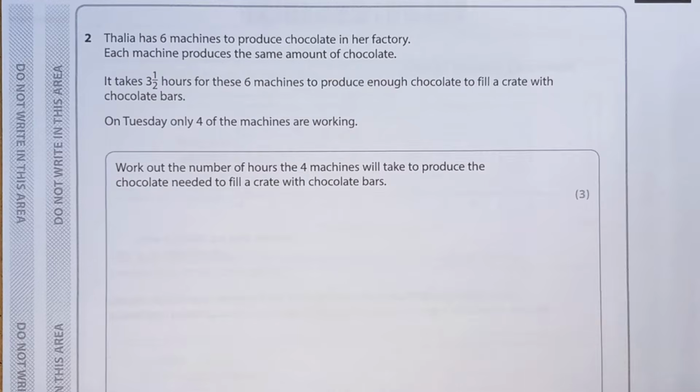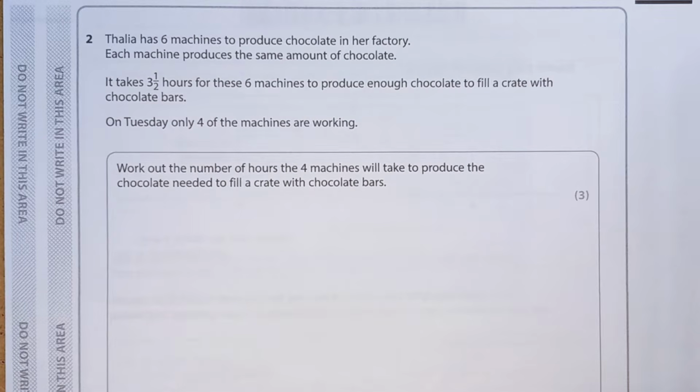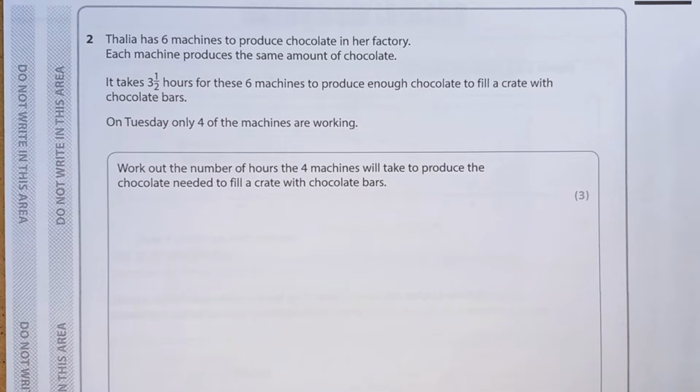Question 2. Thalia has 6 machines to produce chocolate in her factory. Each machine produces the same amount of chocolate. It takes 3.5 hours for these 6 machines to produce enough chocolate to fill a crate with chocolate bars. On Tuesday, only 4 of the machines are working. Work out the number of hours the 4 machines will take to produce the chocolate needed to fill a crate